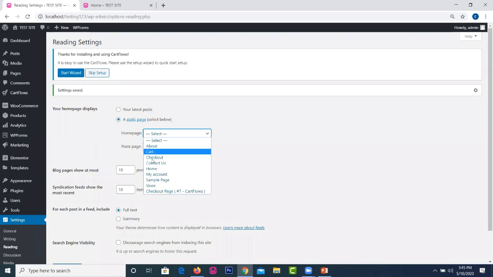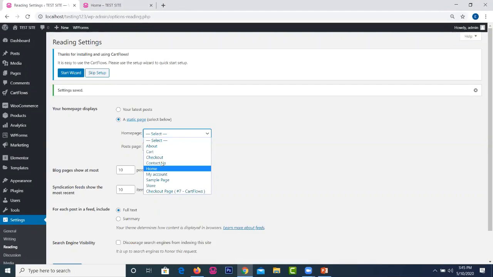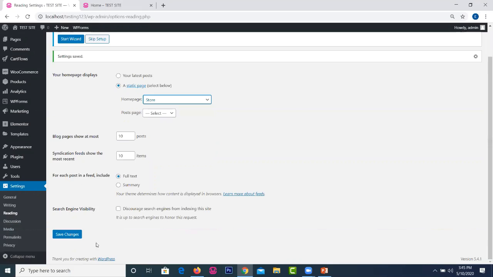And then you can come here and see all the pages you have. As I indicated earlier on, the home page is the first page our viewers will see, or people who visit our site, when they enter our URL. And from here, we can change our home page from the normal home to something different. Say we want to change it to store. When we change it to store, and someone visits our site,